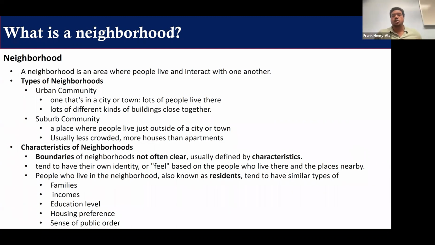Those are considered urban areas. Suburbs are areas outside of urban areas, and in these areas, you'll see more green spaces and more houses as opposed to apartments. It's usually less crowded compared to urban communities. So these are the two main types of communities.